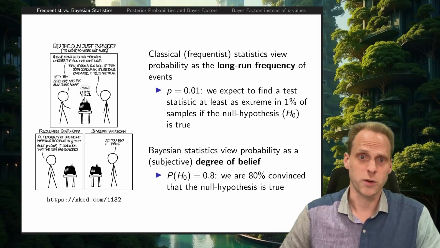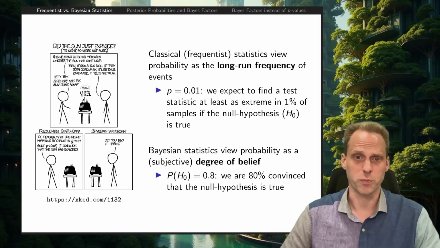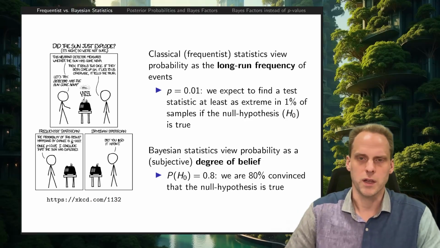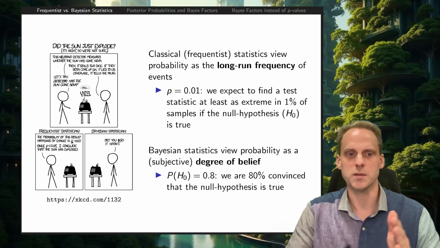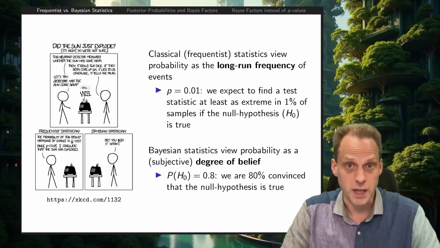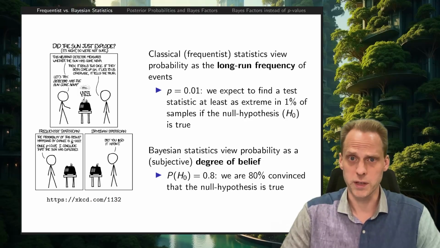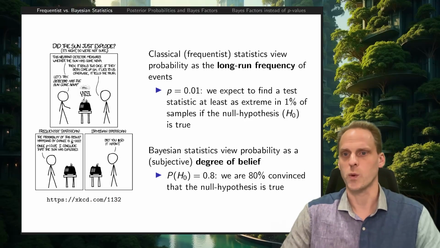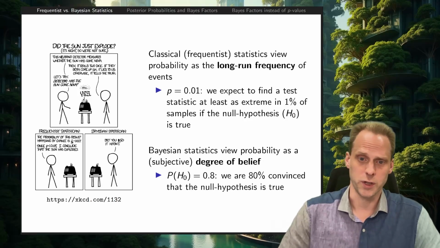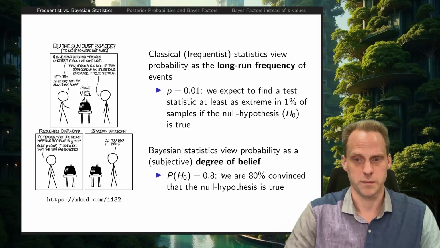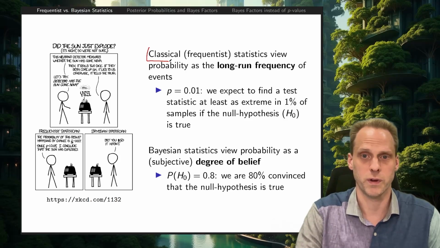So earlier in the course, I talked about different ways in which you can interpret the concept of probability. You might think that probability is something that we all agree on what it means, but this is actually not the case. There are two main ways in which you can interpret probability: the classical or the frequentist way, which we have been using so far, and the alternative is the Bayesian way. So in classical frequentist statistics,